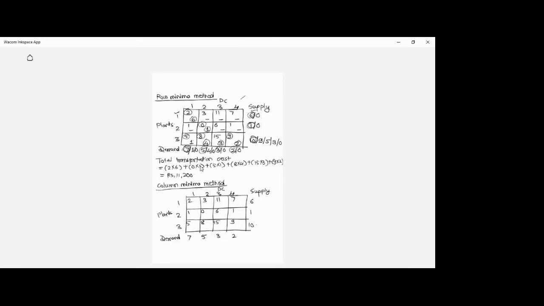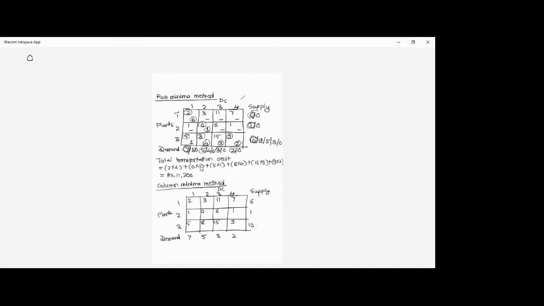Now let's understand this with the help of this data set. Consider our first column. In row minima method, we selected the top row and then went to the bottom row. The same methodology should be followed in column minima method: we consider the left column, and then move towards the right column. You shouldn't take any column or any row in between. The sequence of the rows and the sequence of the columns are to be followed, right? So let's continue with the column minima method,